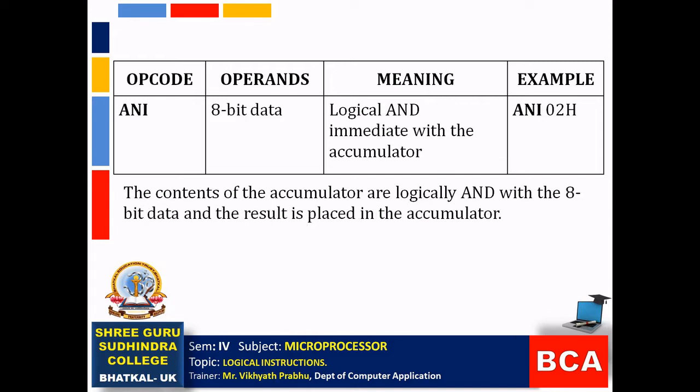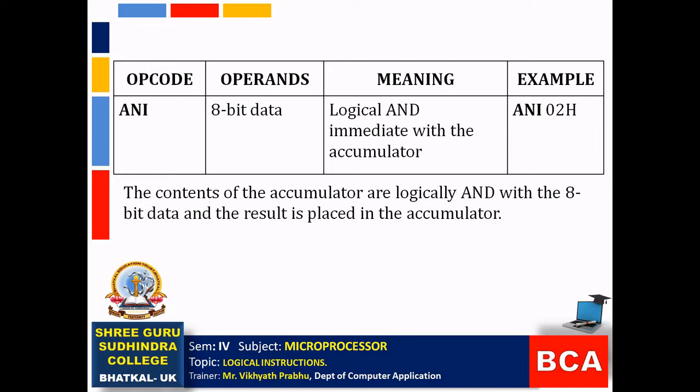The next instruction is ANI, and we call this as logical AND immediate with the accumulator. We write this instruction as ANI with an 8-bit data. Here, the contents of the accumulator are logically AND with the 8-bit data, and the result will be placed in